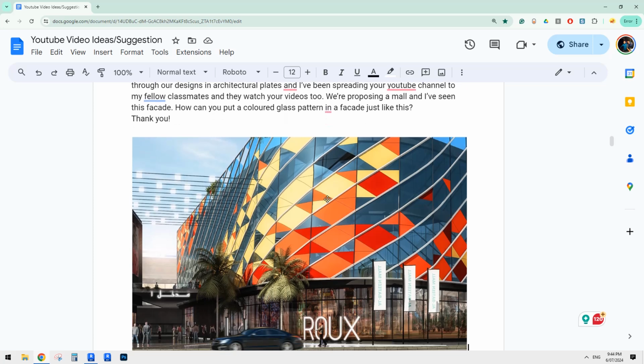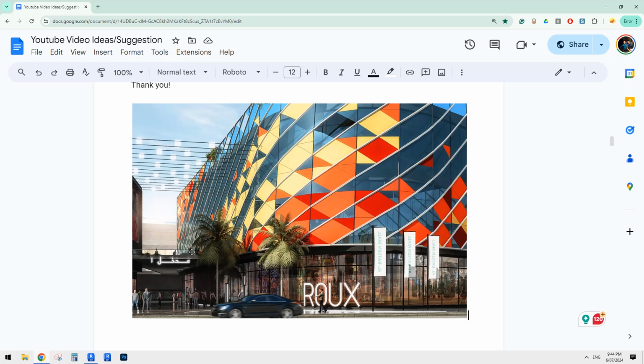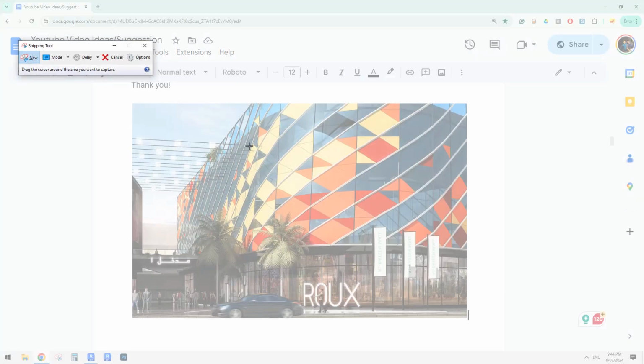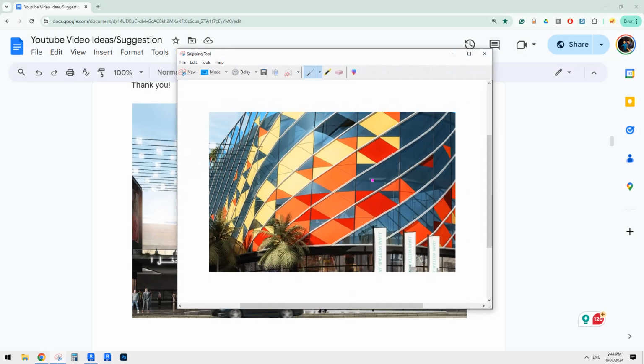Okay, so let's do it. I think when we try to model this type of facade, the most important part is to figure out the best way, like the pattern to use. So for example, this one, when I first look at this, I think, oh, maybe this can be the pattern,